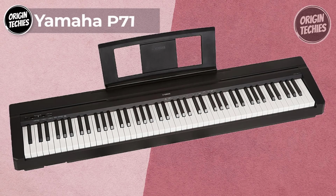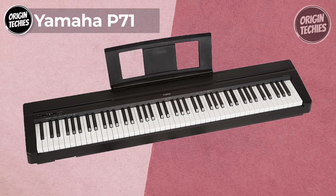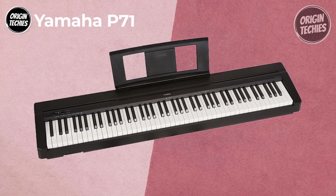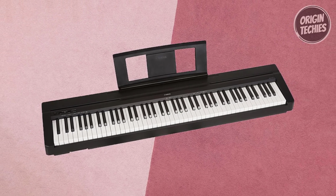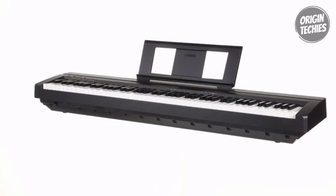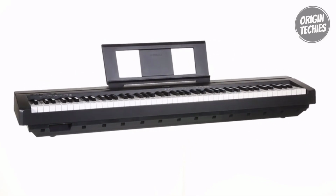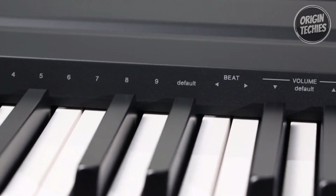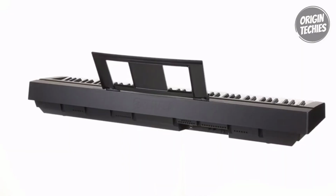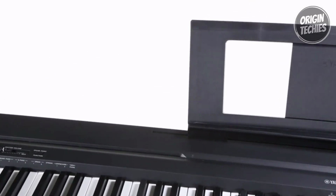Yamaha P71. The Yamaha P71 is an exceptional digital piano priced at $499, exclusively on Amazon, and loaded with features that redefine your musical experience. This all-inclusive package has a power adapter and sustain pedal, making it an unbeatable value. The P71's 88 fully weighted piano-style keys offer an authentic touch, simulating the feel of an acoustic piano for a